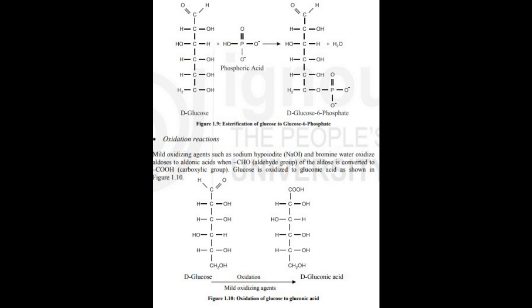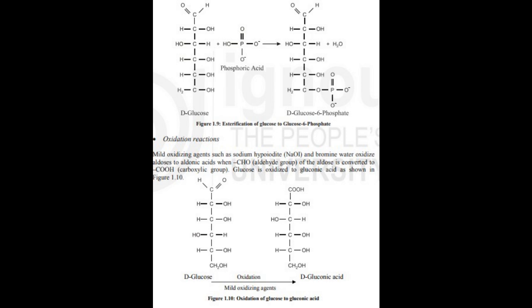Glucose is thus oxidized to glucuronic acid. Look at the screen. Figure 1.12, oxidation of glucose to glucuronic acid. This is the basis of Fehling's test and explains the term reducing sugar. In Fehling's test, the free sugar group, aldehyde or ketone, reduces the Cu2+ cupric ions in an alkaline environment to